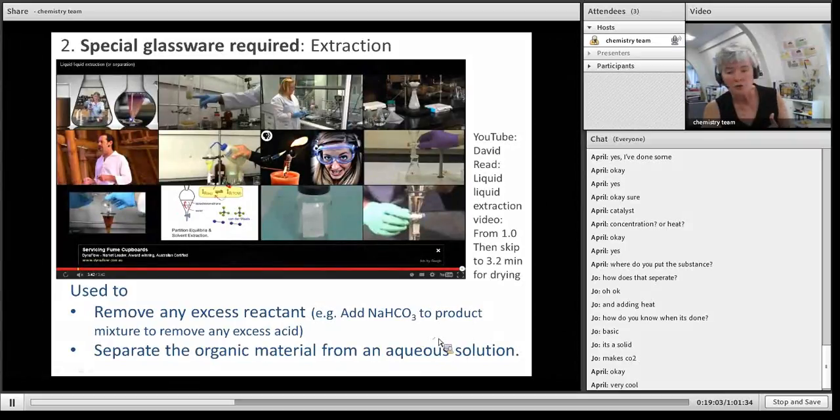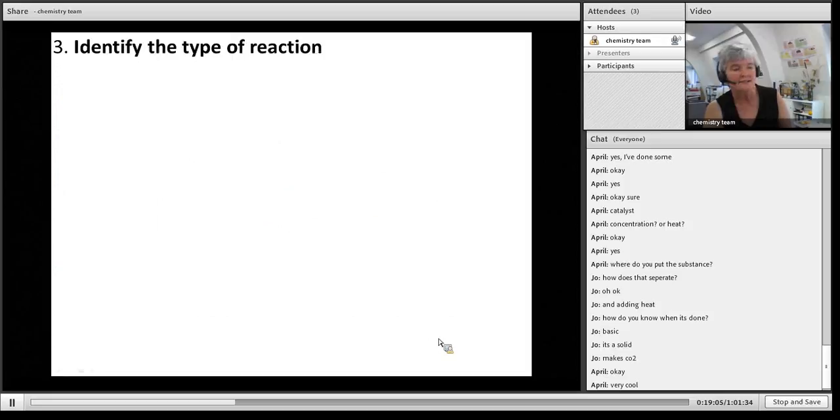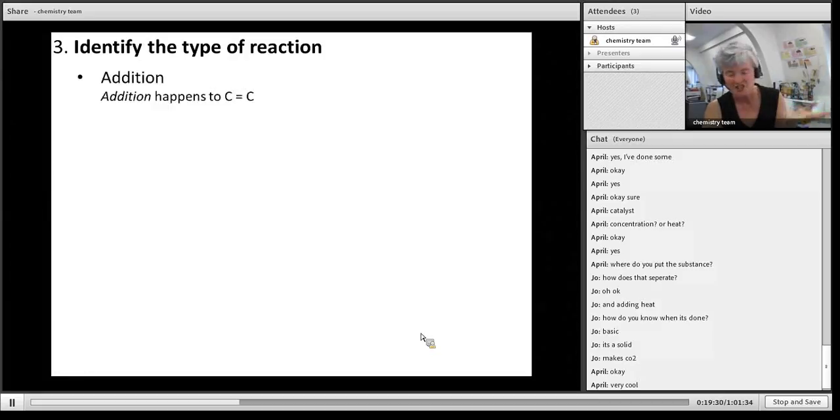Okay, third tip is identify the type of reaction. So we've done organic reactions are slow, you've got to heat. Then there's all that special glassware: separating funnels, distillation equipment, reflux equipment, and so on. This is now the type of reaction, and there are 4 different types you have to know. I suppose 5, including acid-base. One is addition. Addition happens when you have